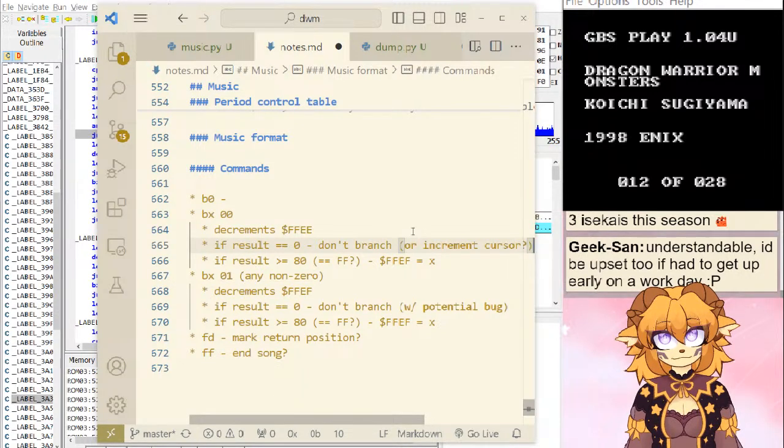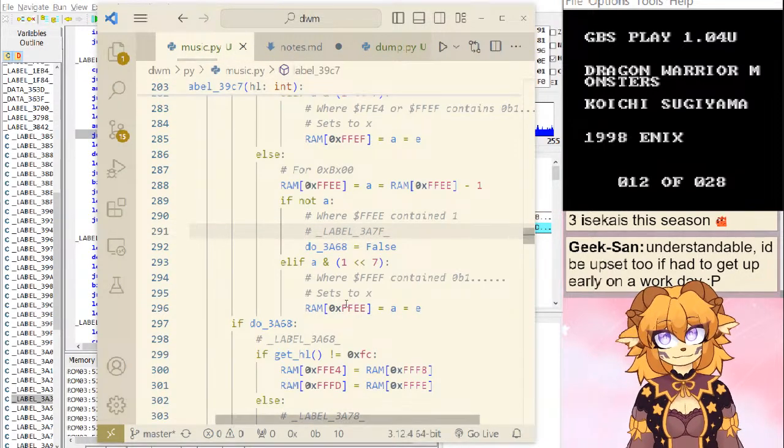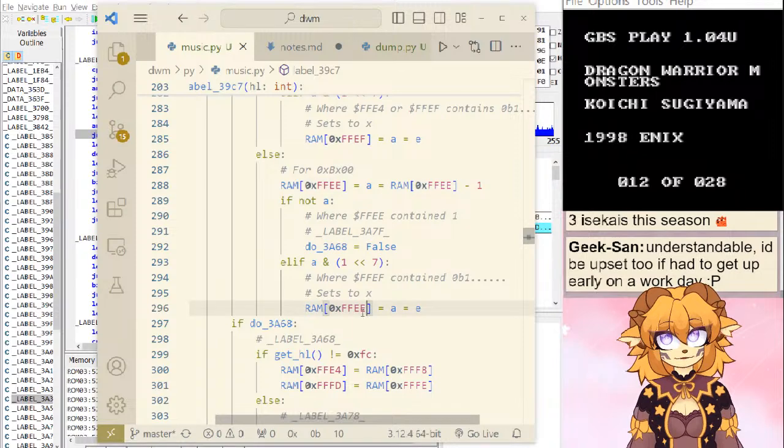So this one, don't branch or increment cursor, bell is 80, then we set not FF, so it's FFEE.